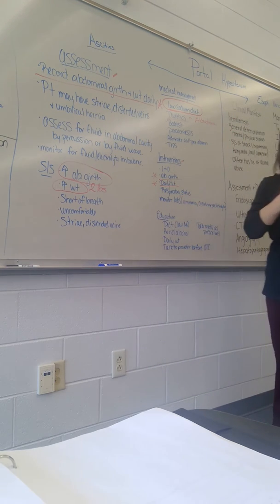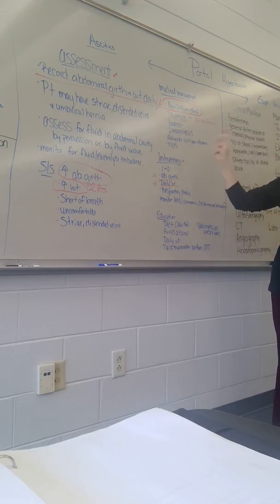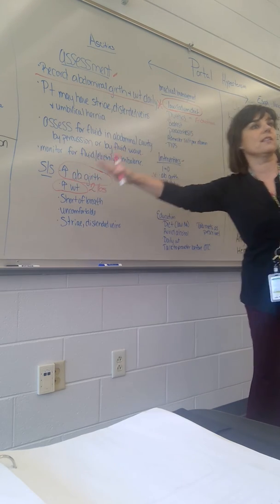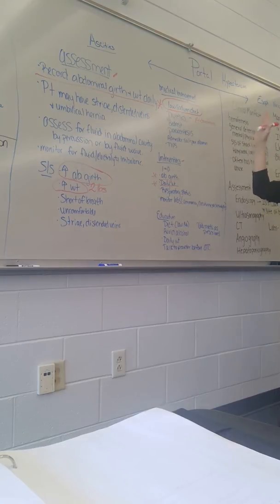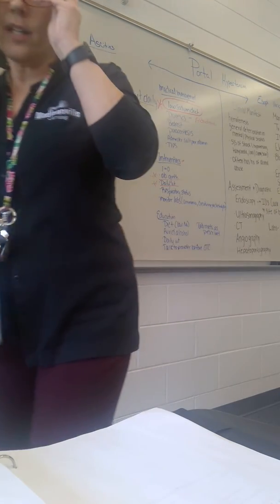And Lasix causes you to lose a lot of sodium, okay? So if we lose a lot of sodium, then that can cause more problems with the ascites. Same thing with Diamox. We don't want to do HCTZ because of the blood pressure and the potassium that goes along with that. So Aldactone, or spironolactone, that's the other name, are the better choices for diuretics, okay? That's the better choice.